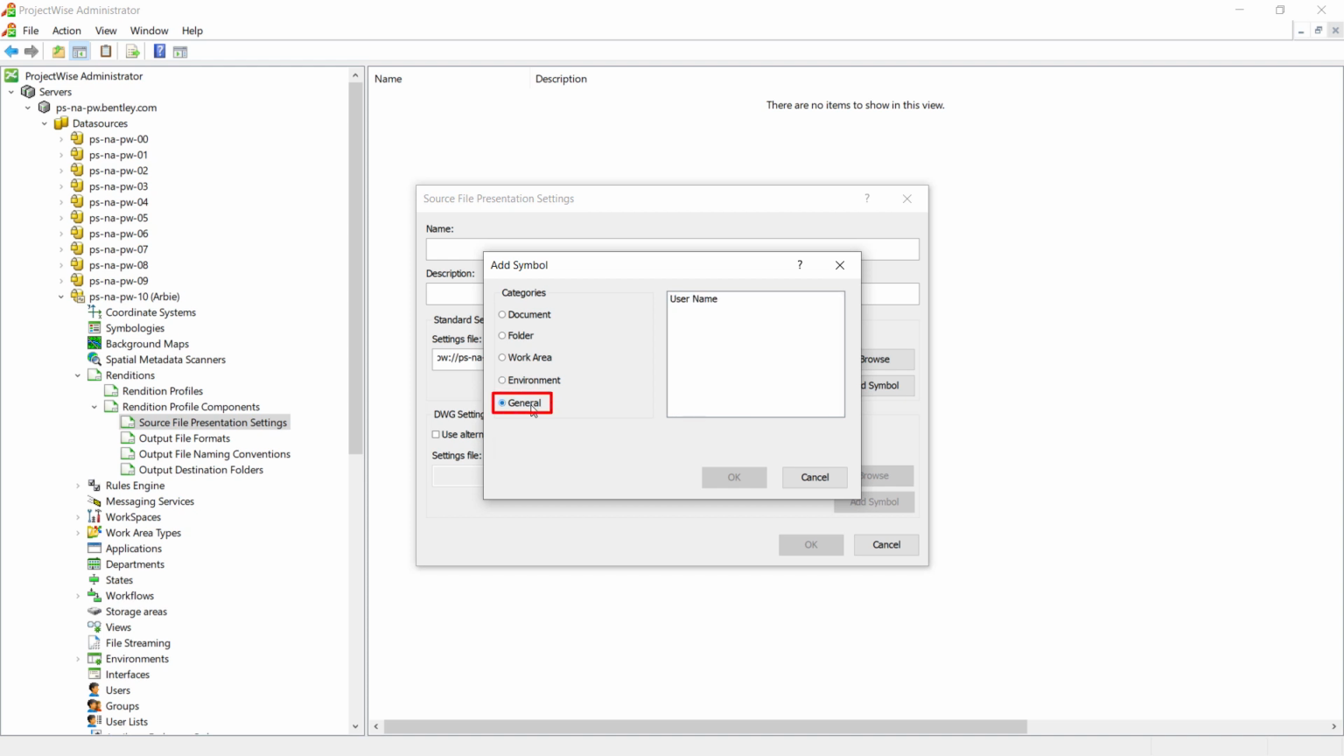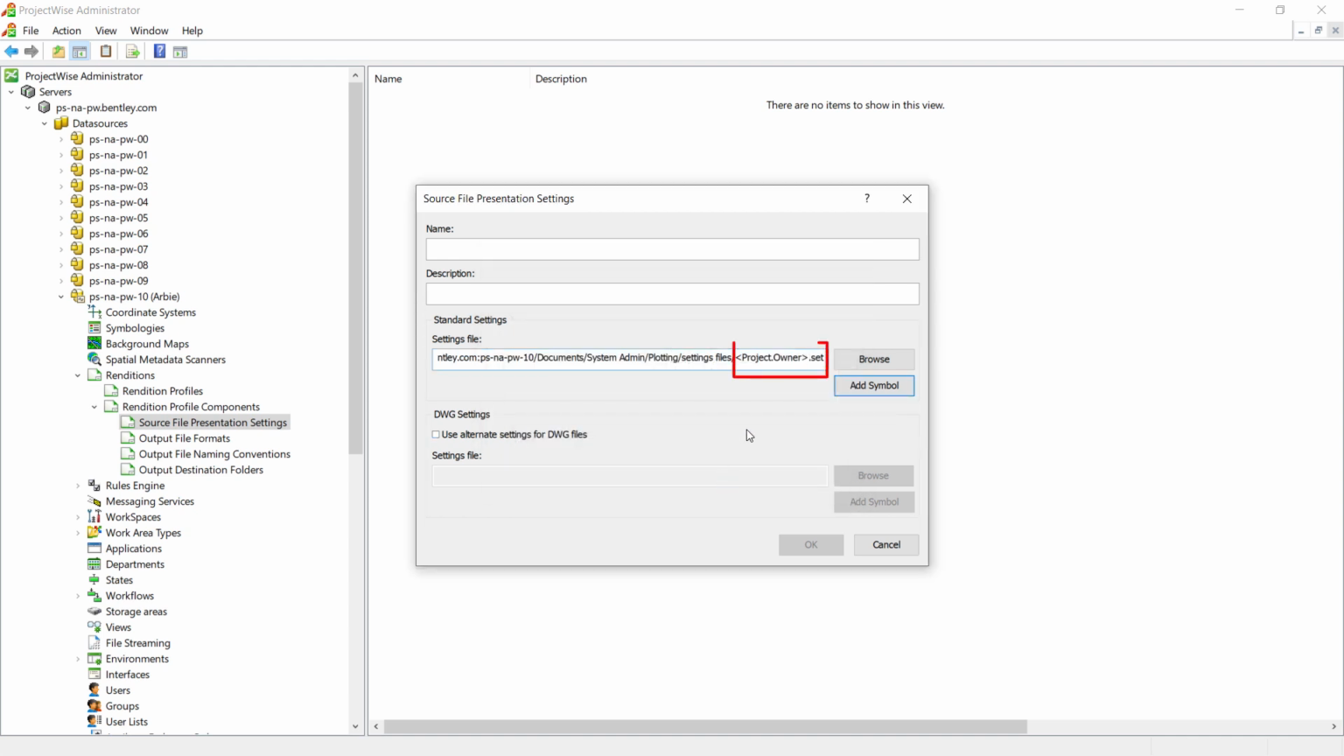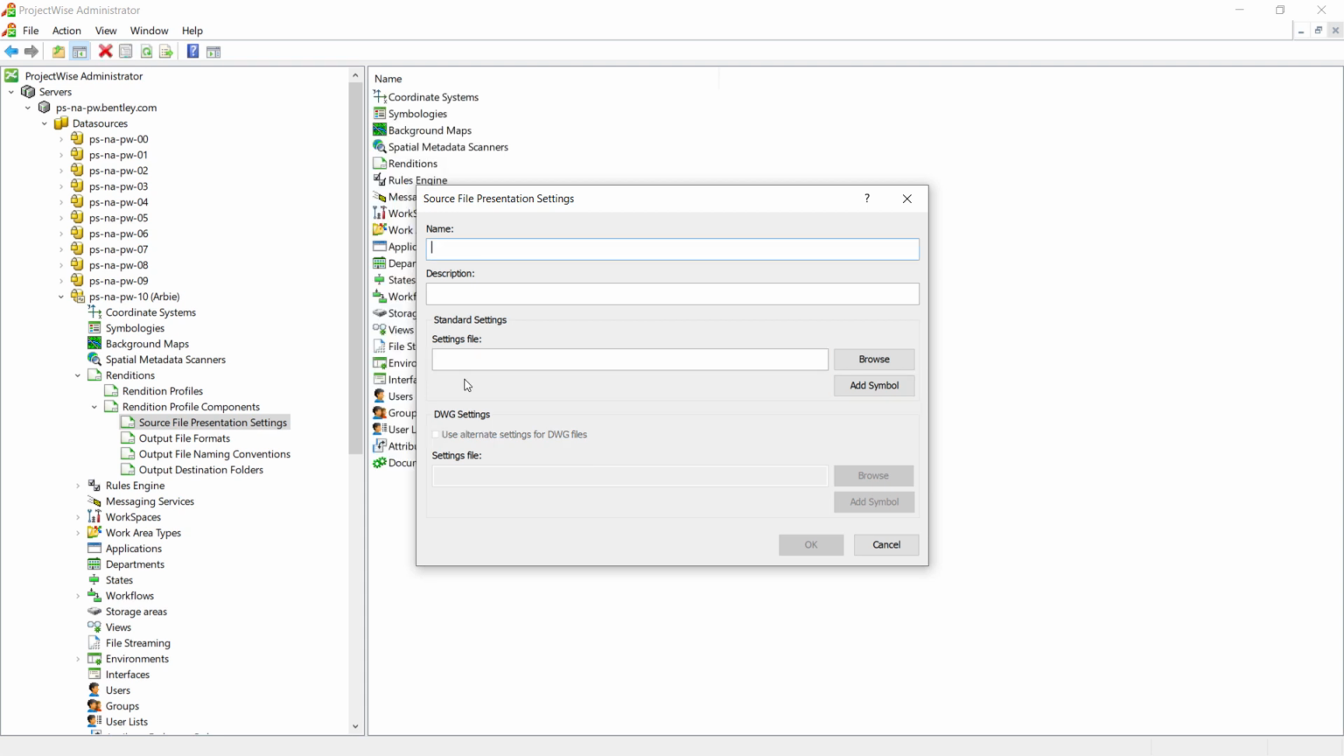But what's the purpose behind a symbol? The idea is quite simply, if I wanted to, I could use the client name or some variation of that client name, say for example, the owner, and then I use that as the name of my settings files. This would then allow the system to dynamically select the correct InterPlot settings file based off the source file presentation symbol technology. So, for our exercise, let's